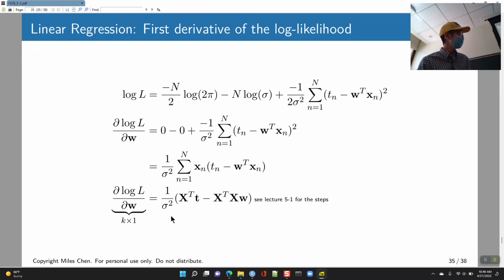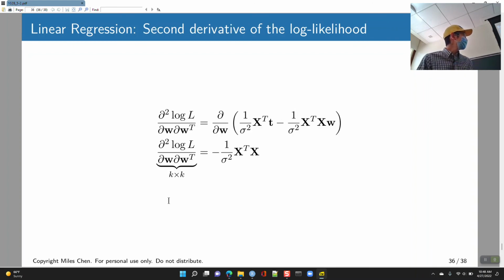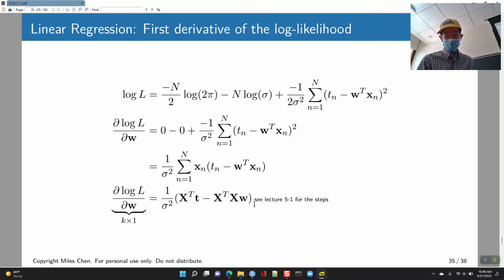This is going to be a vector of length k, however many values I have in w. So this would be the gradient, and then if I want the second derivative, or the second order gradient,